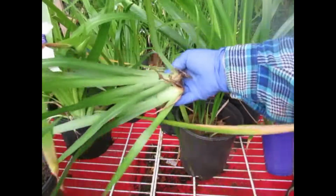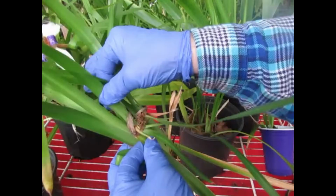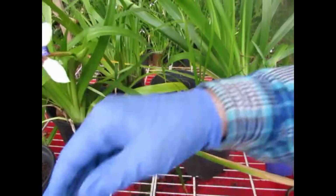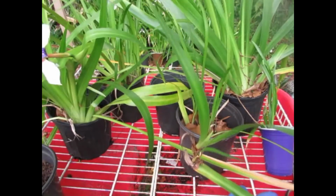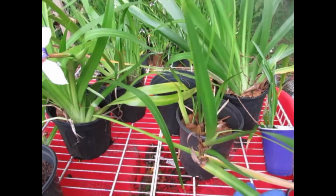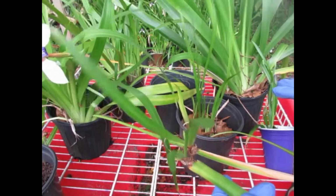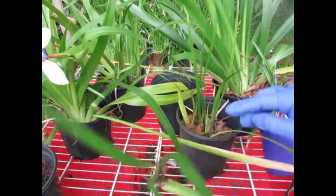Like that. And these are ready to bloom. In fact, that one might have a little bud coming. So I don't take these off. So if you're new to growing the irises, there's all different kinds of ways to grow iris, and it depends upon what iris you have, because there are multiple varieties of iris. But on this particular one, I always leave these little plantlets on as long as I possibly can. Now, sometimes they get knocked off anyway. But I'm going to try and leave these on. But I am going to